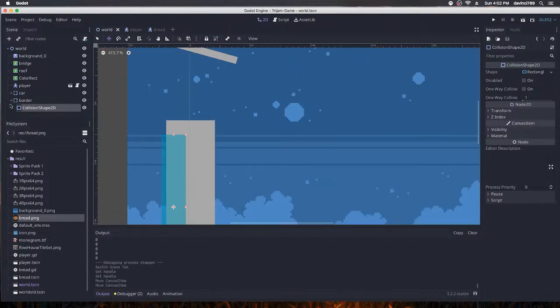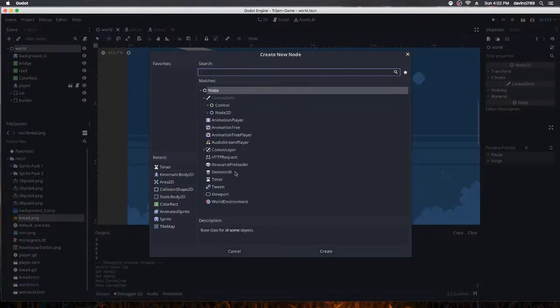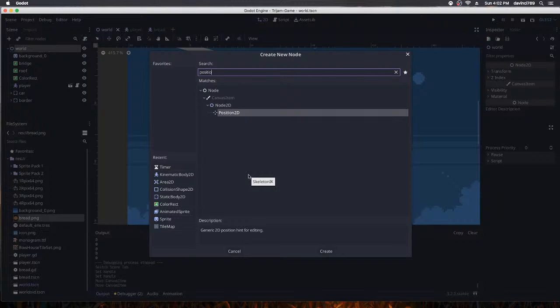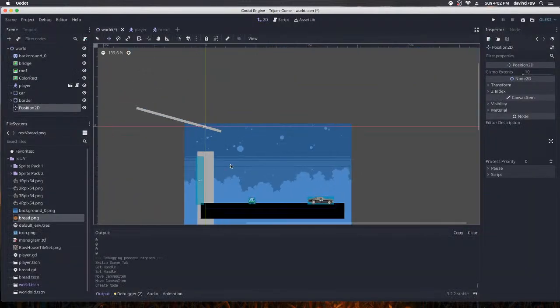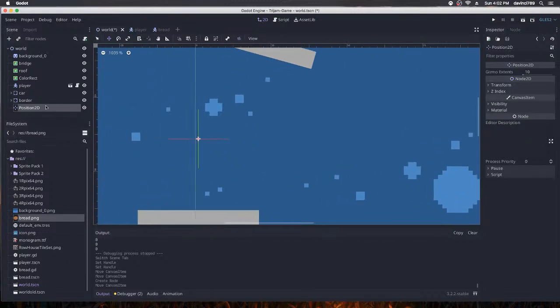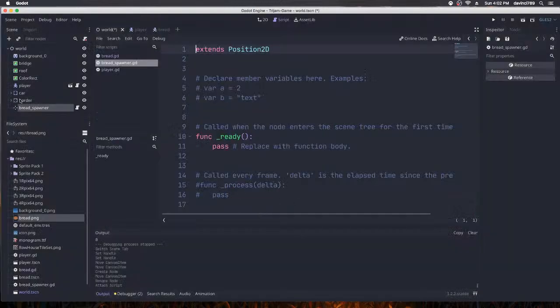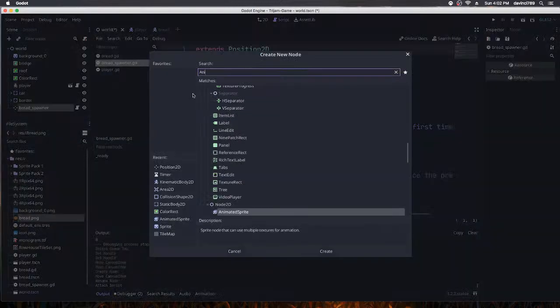Okay, now we have to make a bread spawner. Like in Minecraft, you make bread spawners so you never run out of food. This could just be a regular node. Position 2D probably, so it shows up with a nice cross in the editor. Add a node to it. Then we're going to add an animation player